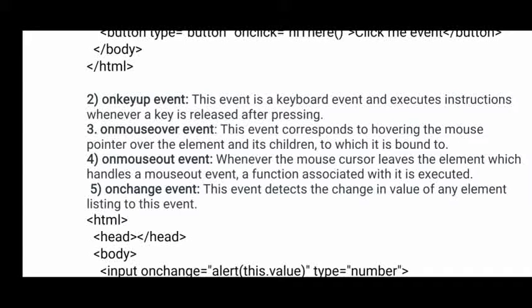For that also you can give some JavaScript code like this: onkeyup equals document.bgColor equals red. So when the user releases the key, immediately the background color will be changed to red. Such event functions you can give, and that function will be handled when the appropriate action is done.